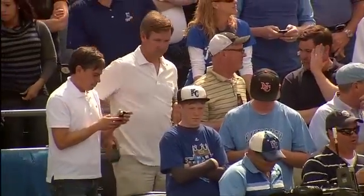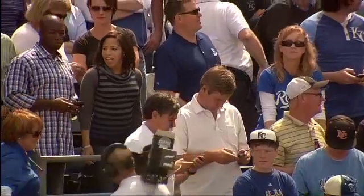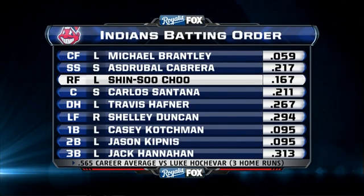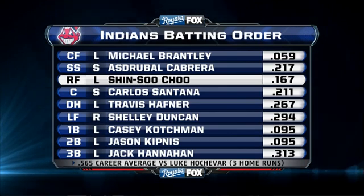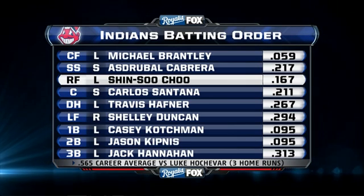That's exciting. Hoping to start the season the way the Indians did last year. And we'll take a look at the Indians lineup tonight against right-hander Luke Hochevar. And Hochevar is going up against an offense that has the lowest batting average in the major leagues. In their first 5 games, the Cleveland Indians are hitting .176, and Shin-Soo Choo, who just